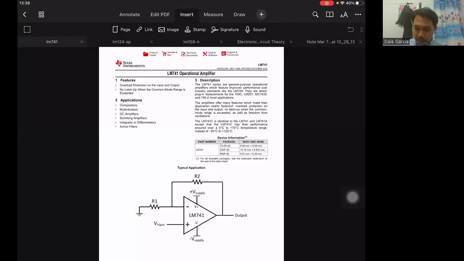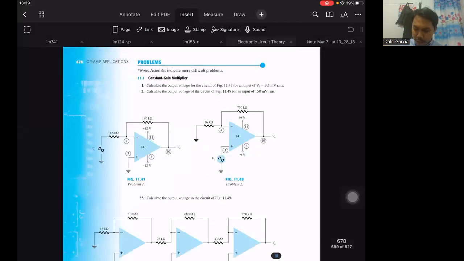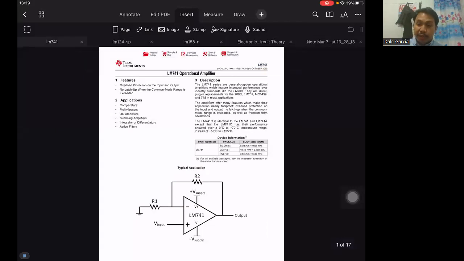So today we're going to solve some more examples regarding applications of operational amplifiers before we move from here and proceed to a new topic, which should be power amplifiers, next meeting. But before solving examples, I'll show you guys what a